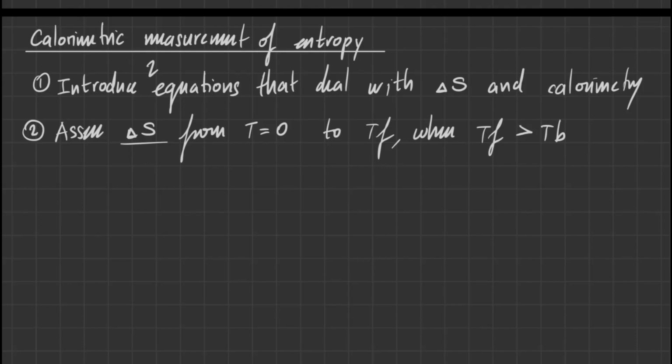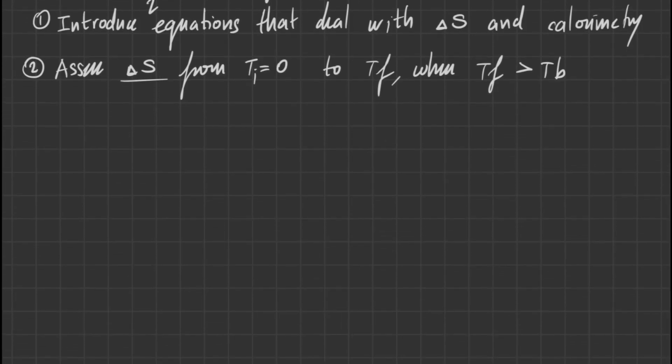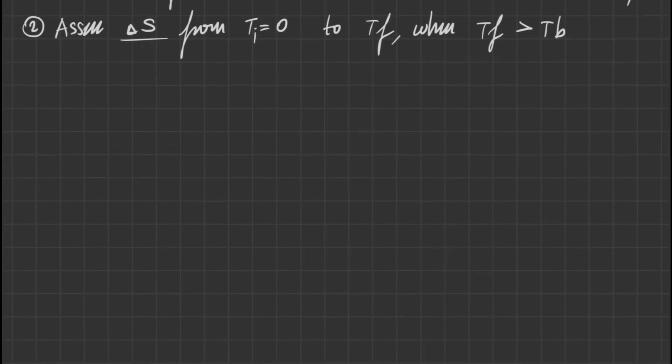So here is the derivation for the calorimetric measurement of entropy. There are two steps. The first one is we'll introduce two equations that deal with a change in entropy and calorimetry. The second step is that we will assess delta S from the range T is equal to 0 Kelvin, or just 0, to T final, where the final temperature is greater than the boiling temperature. So the equations that are pertinent in this derivation are